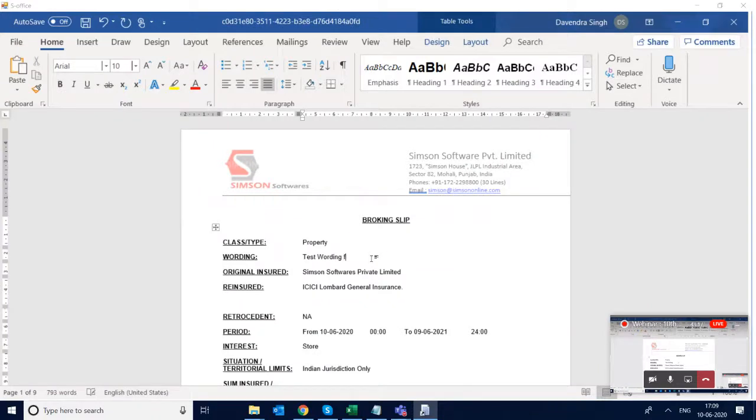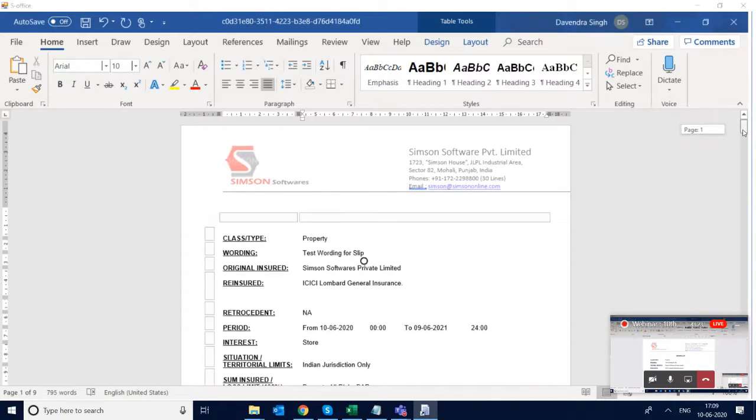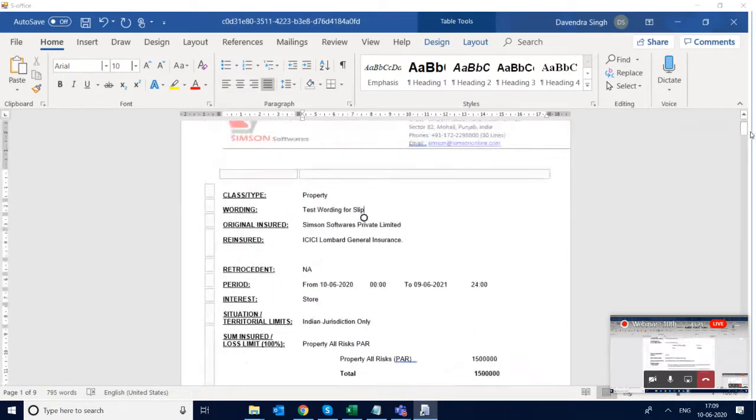So I save this slip. I click on this save, or I have auto save enabled.